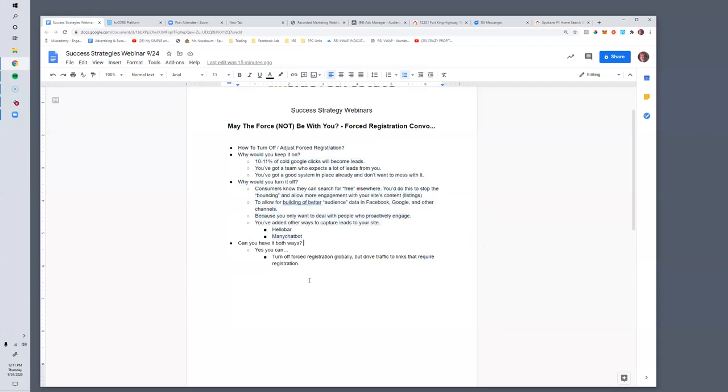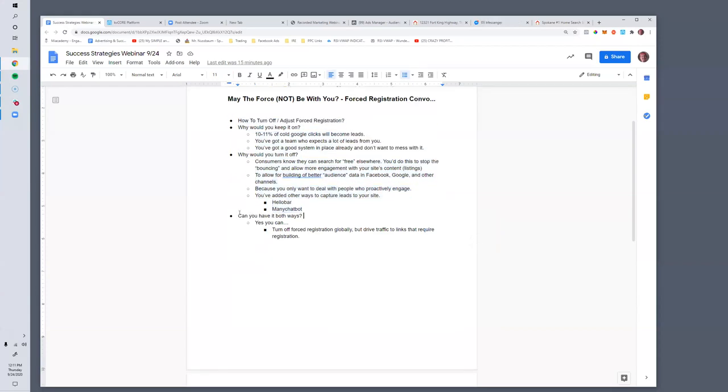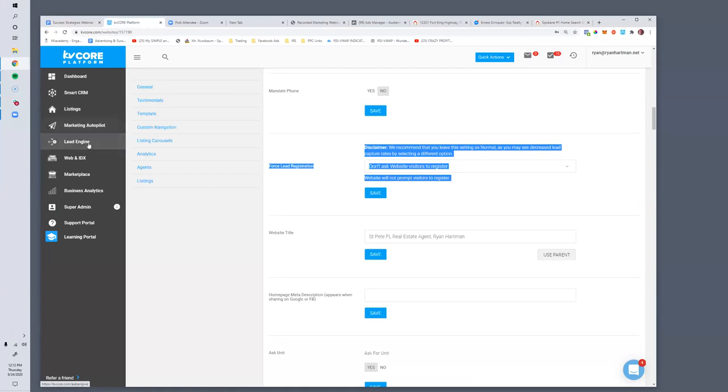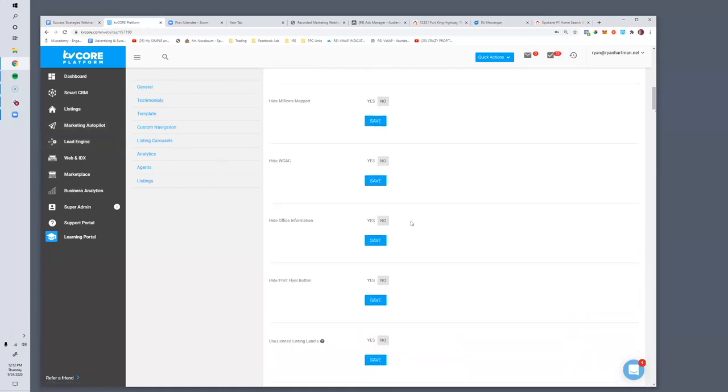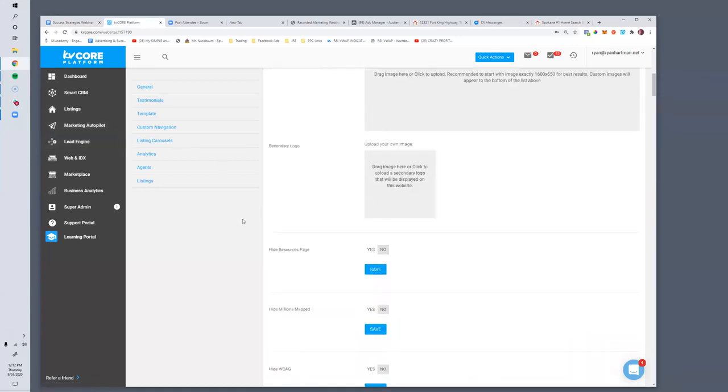And then finally, I have a note here. It says, hey, can I have it both ways? And yeah, the answer is you definitely can. I got this question from Delia here, local in Florida. She said, how do I send somebody a property without the registration being on? I said, yeah, you can go in and build a squeeze link and have the property registration off. Or you might say, because like her, you tend to get a lot of organic traffic, local people know you,